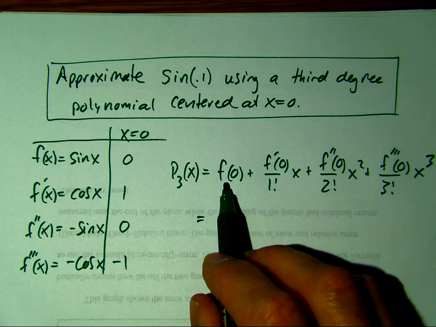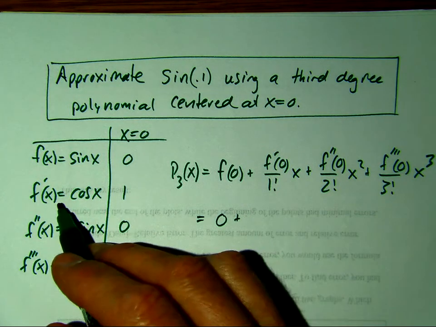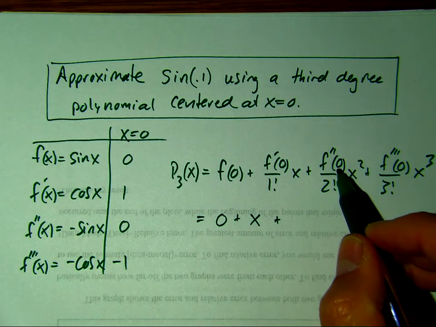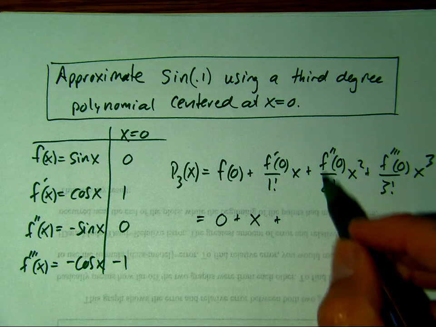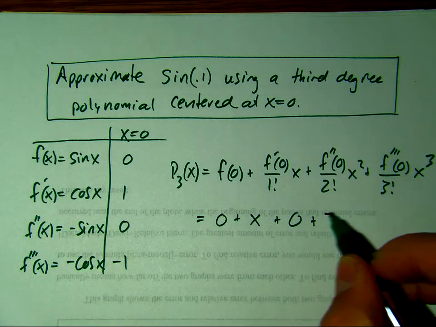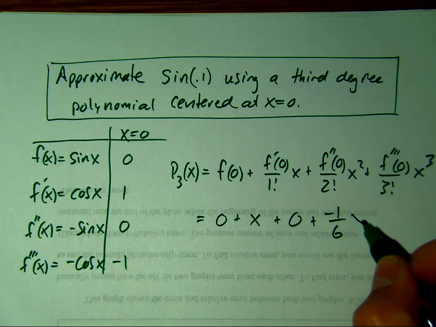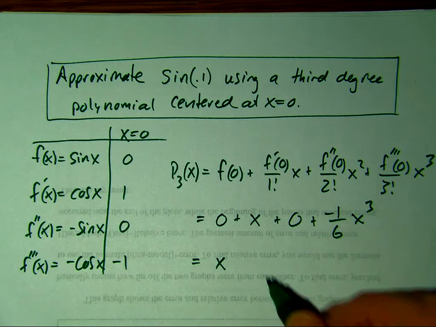So the function at 0 is 0. The derivative at 0 is 1. So we have x. The second derivative is 0, so that's all 0. And the third derivative is negative 1. So we have negative 1 over 6, since 3 factorial is 6, x cubed. And we will say that our approximation